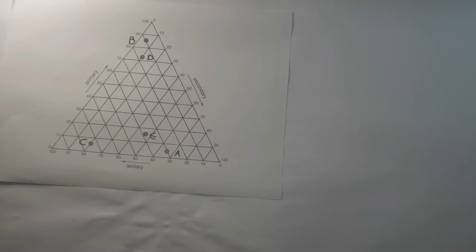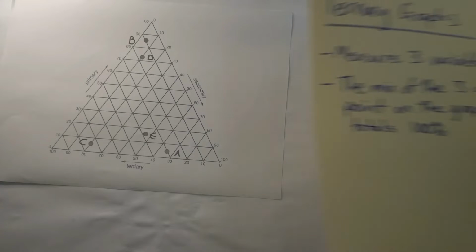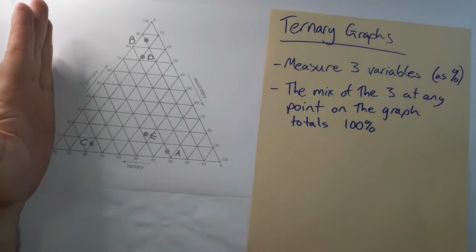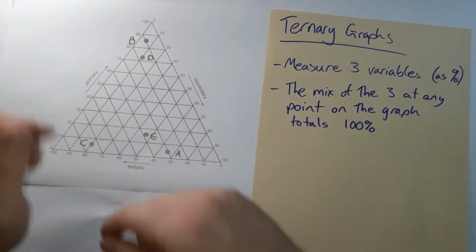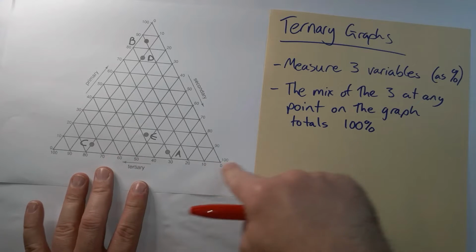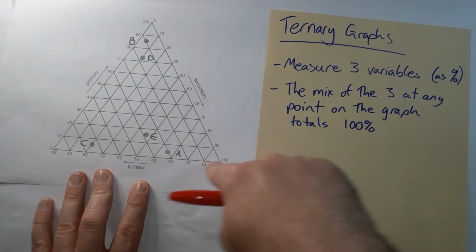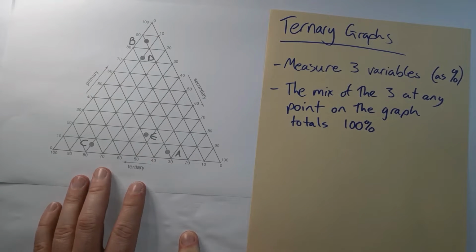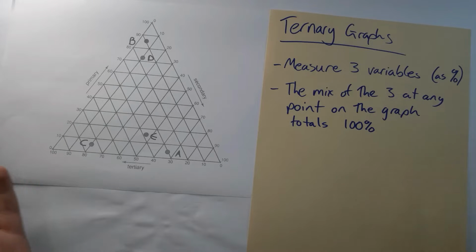All right, let's talk about ternary graphs. A ternary graph is a little bit different to ones that you normally would see. On a normal graph, you've probably got a vertical axis and a horizontal one, and you're just comparing two variables. On a ternary graph, we can see it's in the shape of a triangle, and that means it's got three sides or three axes. And that means that we're graphing probably an extra bit of information that we don't normally